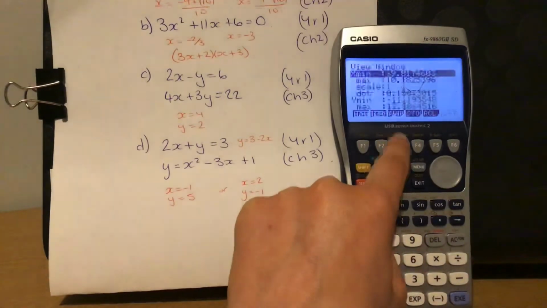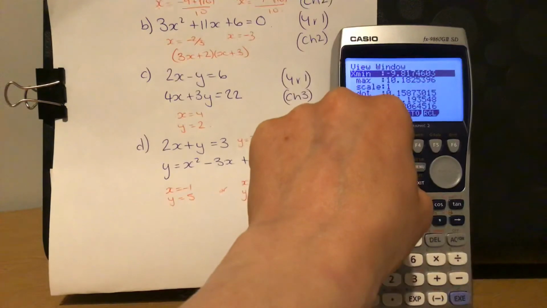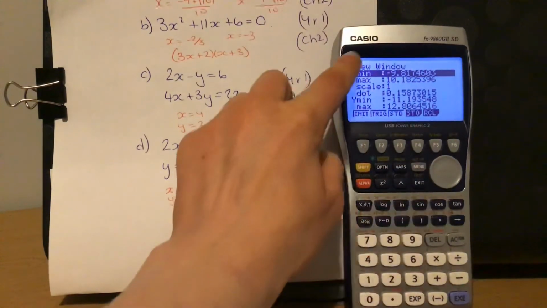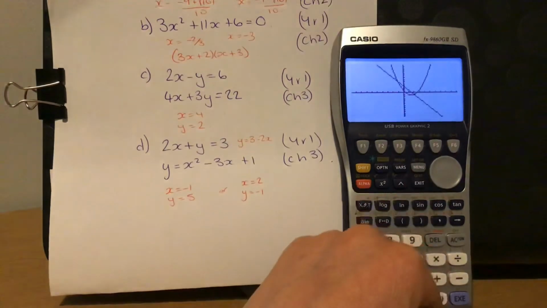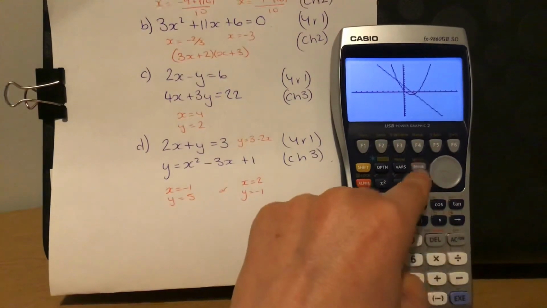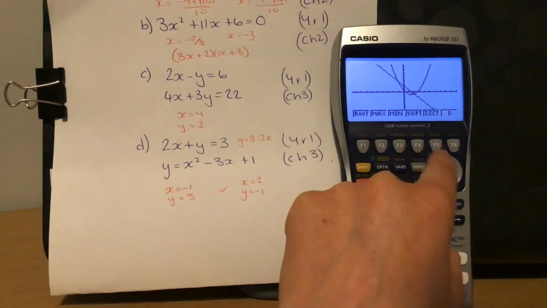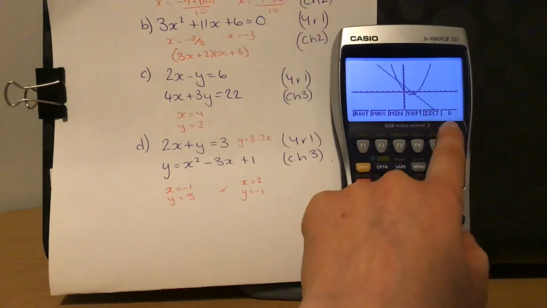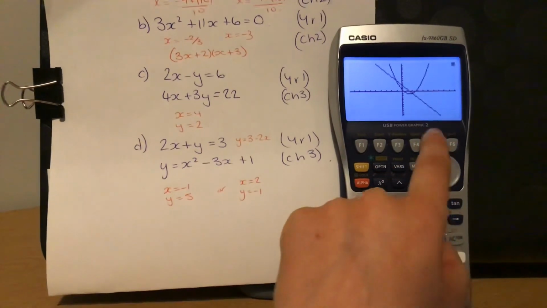Or Shift and F3 view window will allow you to choose the scales that you want on your axes, so the part of the X and Y axis that will display. I don't want to change those, so I'm just going to press exit to go back a step. So here's the clever bit. F5 is G-solve. That brings me up a new menu, and I want to solve for the intersections. So F5 again,